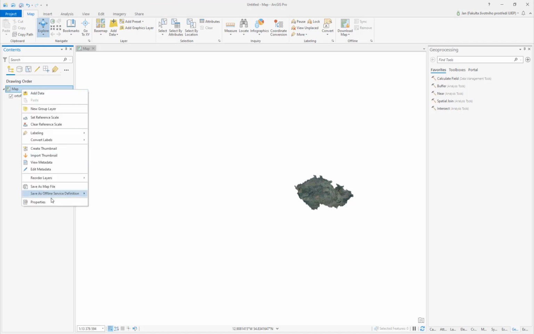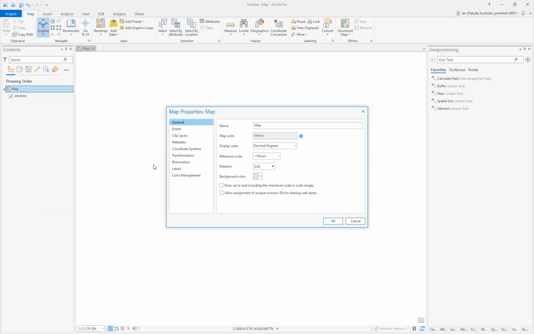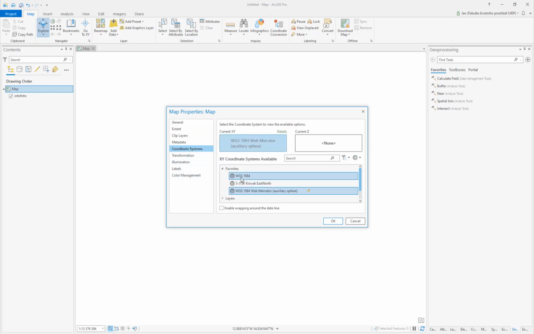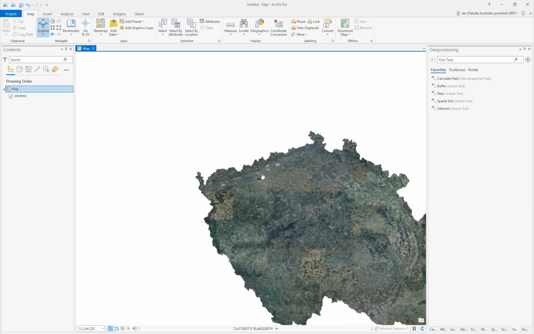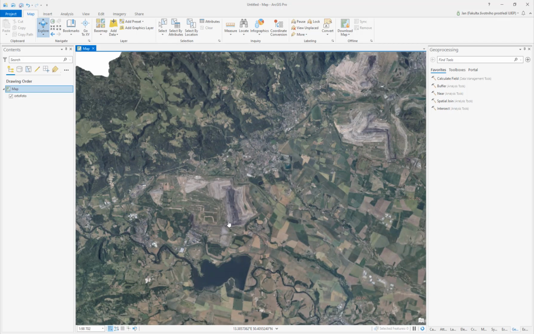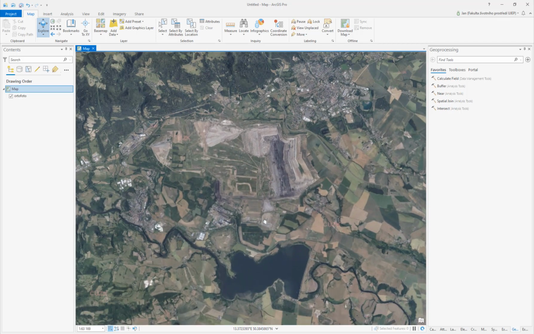I changed the coordinate system to our national coordinate system. And here we are then. We see the water dam,